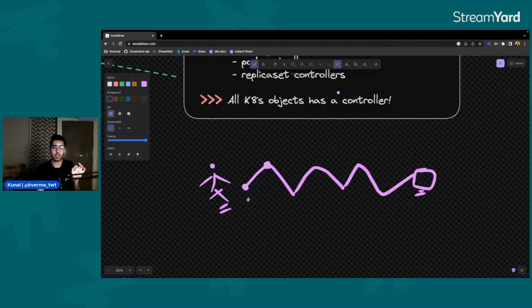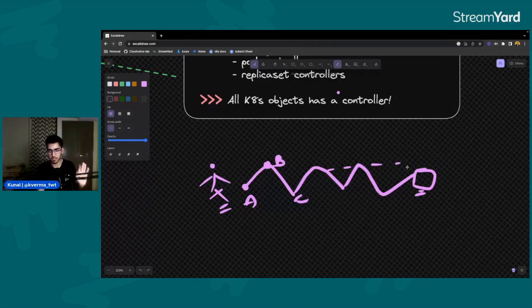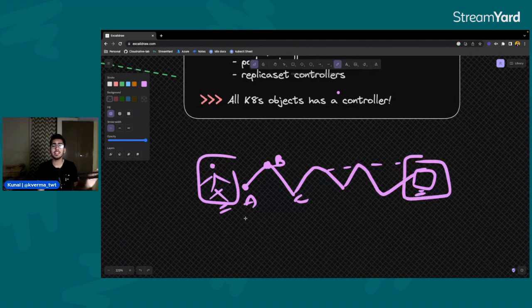Okay, you can say, go to point A, then go to point B, then point C, and so on, and then you'll reach your particular destination. This is the imperative way of doing it. Now the declarative way of doing it, we'll just say, this is your particular user and this is your particular destination. Create the best fit possible path to reach the destination. That's it. Nothing fancy in between.